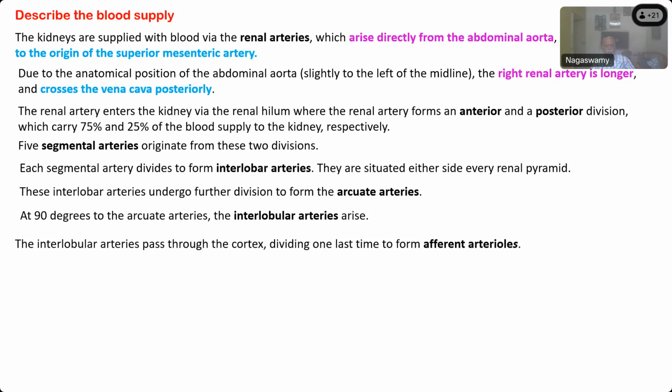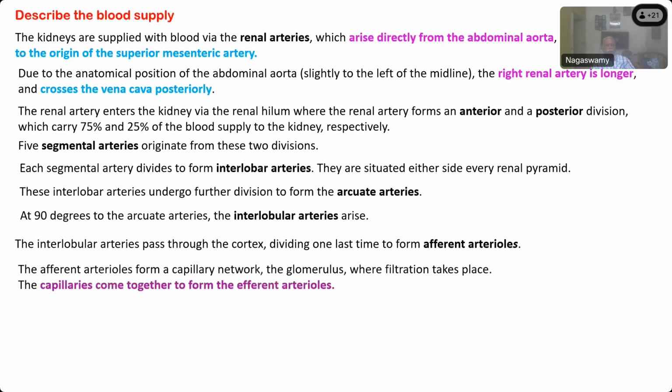enter which part? The afferent arteriole ends up where? Bowman's capsule. Glomerular capillaries. Okay, the afferent arterioles further divide and become what is called the glomerular capillary tuft. So the afferent arterioles form the capillary network, the glomerulus, where filtration takes place, and then the capillaries again come together to form efferent arterioles. So this is one situation in our body where a capillary network